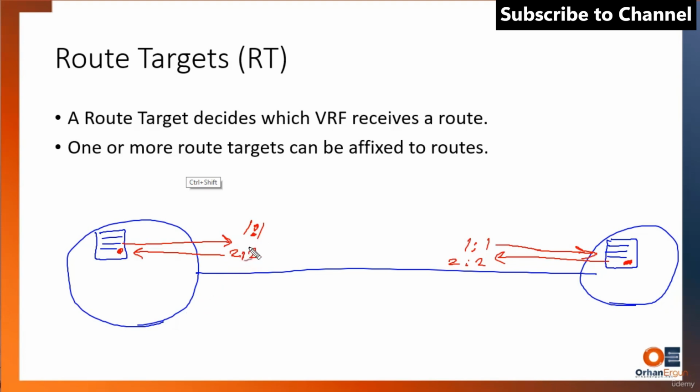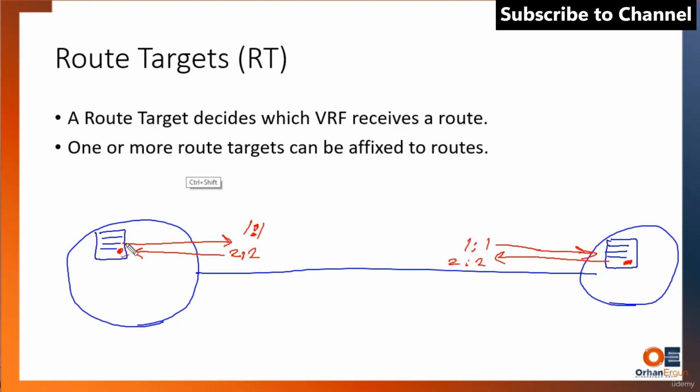Do they have to be different? No, of course. I can say I'm exporting with 1:1, the other one is going to receive 1:1, and the other side says, okay, I am exporting with 1:1. It doesn't have anything to do with the importing, of course. But like I said, I just separated the values so that you can understand easier. So again, they are assigned to the routes so that the other side knows which one is going to be imported